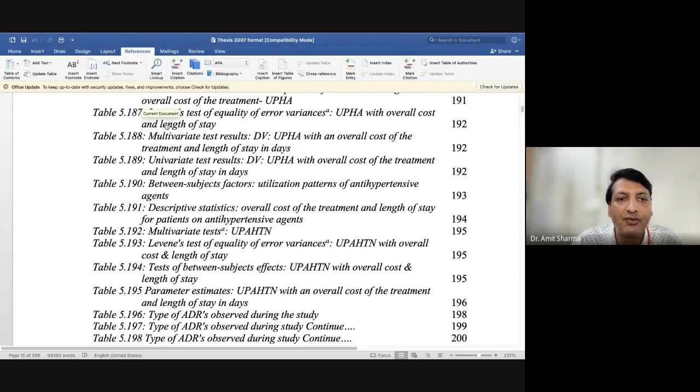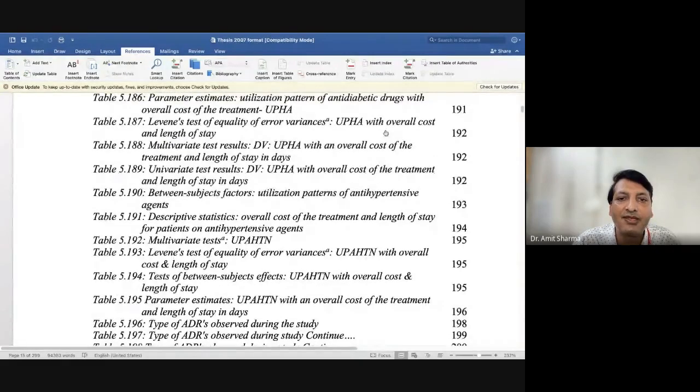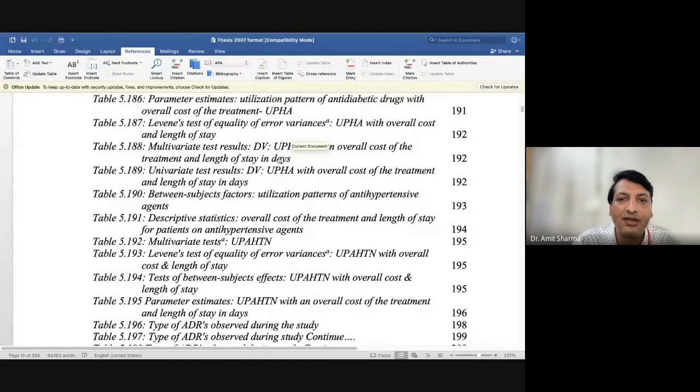If we have done it manually, then we have to rearrange the table numbers inside the thesis, and wherever we have cited our tables in the results, we have to change the numbering manually. If you have used hyperlinks, you just have to delete that particular table and the hyperlink of that table, and the remaining citations wherever you have written table number 1, 2, 3, 4 are going to be adjusted by